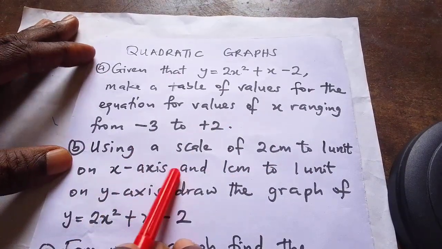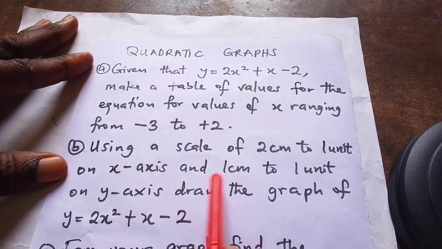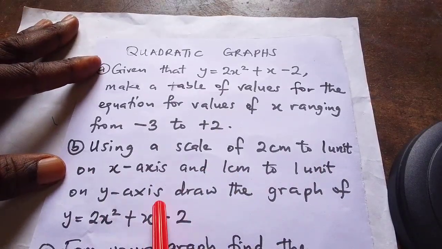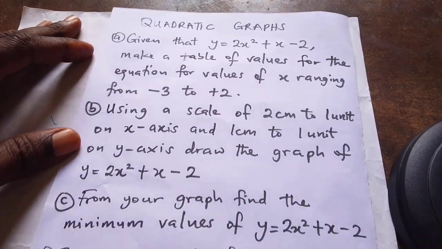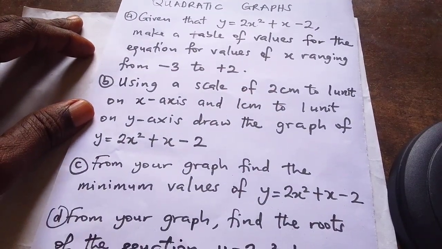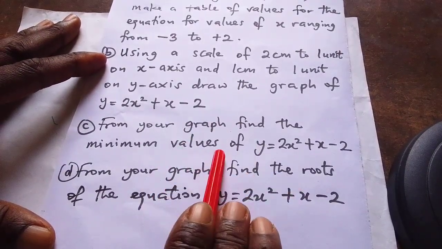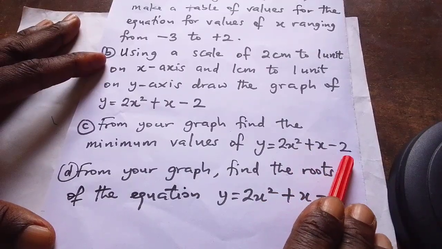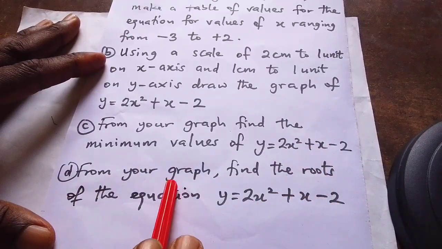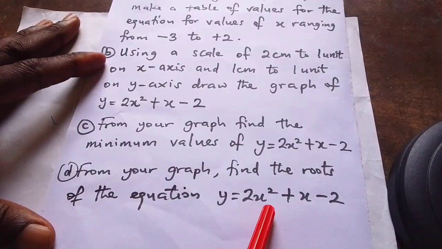B. Using a scale of 2 cm to 1 unit on x-axis and 1 cm to 1 unit on y-axis, draw the graph of y equals 2x squared plus x minus 2. C. From your graph, find the minimum value of y equals 2x squared plus x minus 2. D. From your graph, find the roots of the equation y equals 2x squared